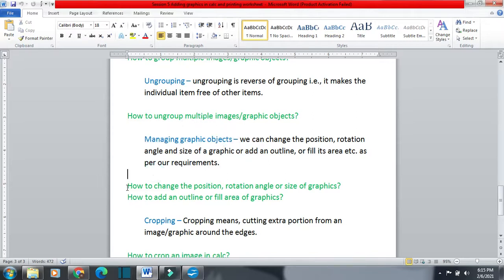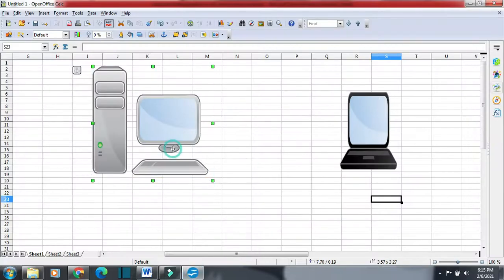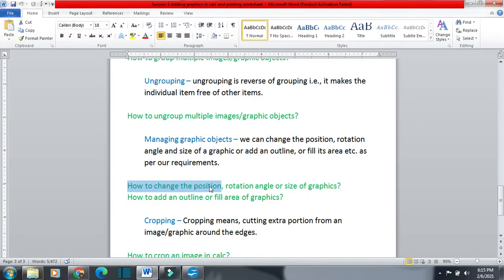The first question is how to change the position of the graphic object, how to change the rotation angle of the graphic object, and how to change the size of the graphic object. So this is our graphic object, and we have to study how we can change its position, its rotation angle, and its size.